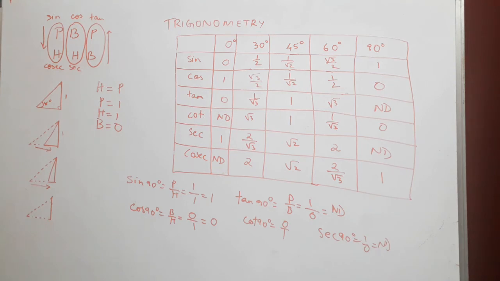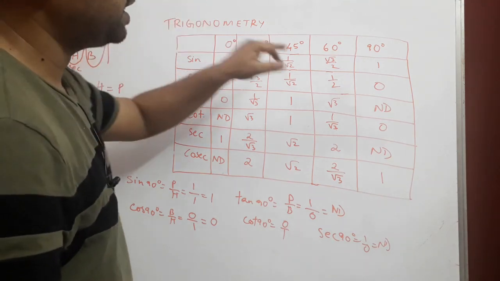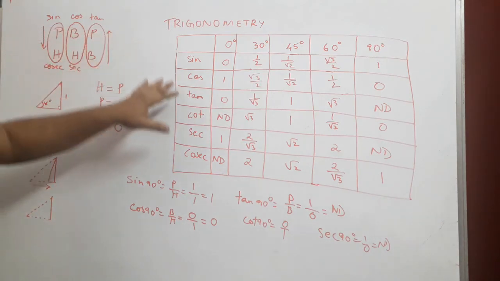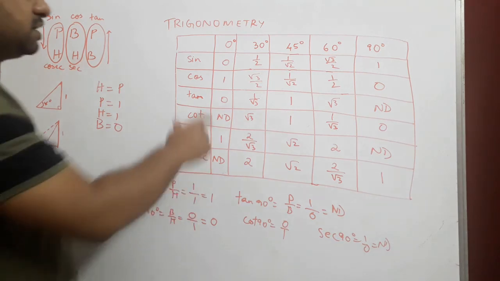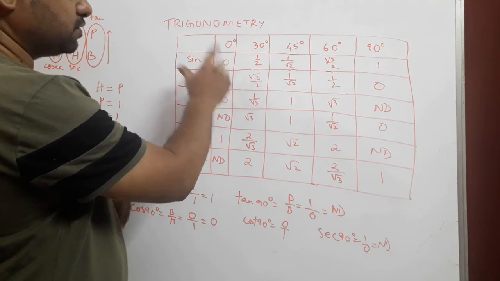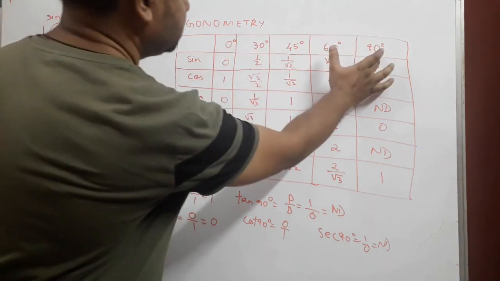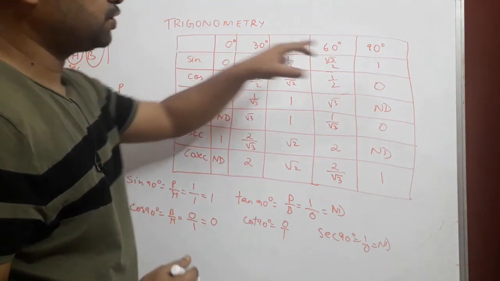Now the important part is, how do we memorize a big table like this? We don't have to memorize this entire table. All we need to remember is sine of each and every angle. If we can remember that, wonderful. Then the rest becomes very, very easy. I'll show you how. Sine of 0 degrees is 0. Just remember this, sine of 0 is 0. Lowest is 0, highest is 90 degrees. That means the value will always range from 0 to 1.